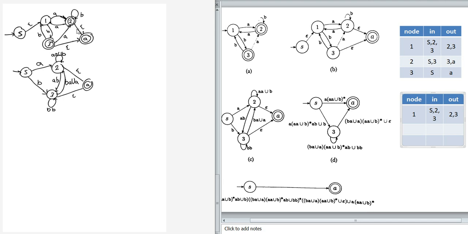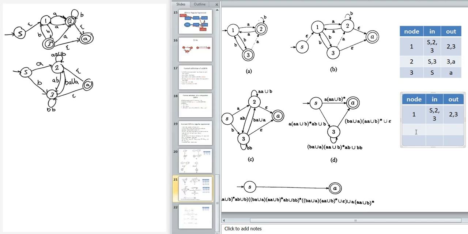Okay, so now the next step is we're going to decide what is the next thing that we're going to remove. Like I said in the exam, I prefer that we go sequentially. So now with this new representation, which is this one, we're going to decide what is the one that we're going to remove. So we're going to remove 2. And then we're going to see what is going